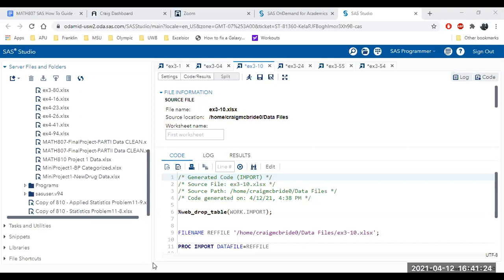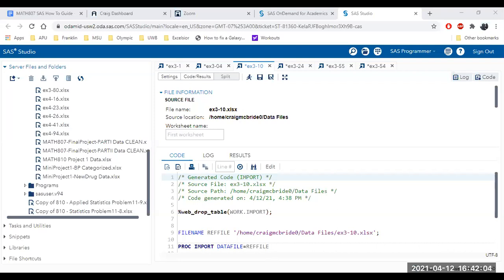So we only have one drug data file, one Excel file. And you're saying that you thought you sent us two. Is that correct? I thought in that packet of files there was two. If you go to the Google Share Drive and open up the zip file, the mini project BP categorized Excel file is there. Okay, thank you. It is there, guys. Yeah, I see it. So that's the one you're going to want to open. You're going to want to load that. And if you can't load it,